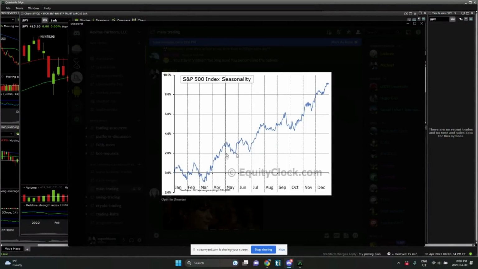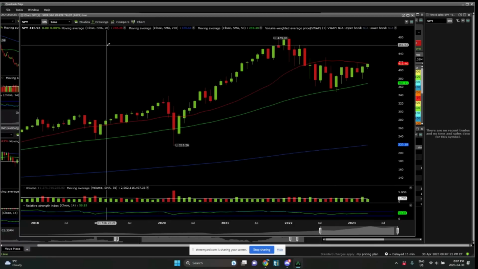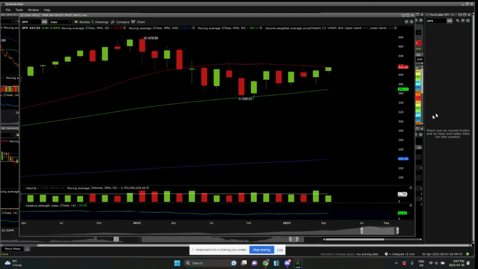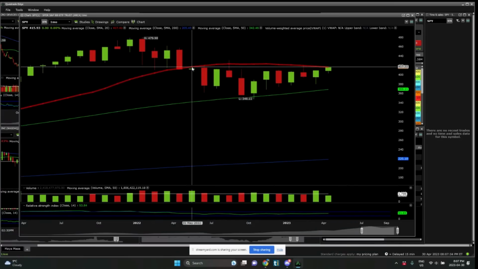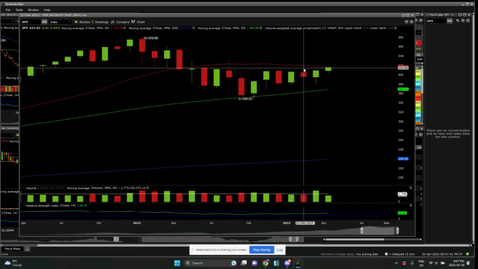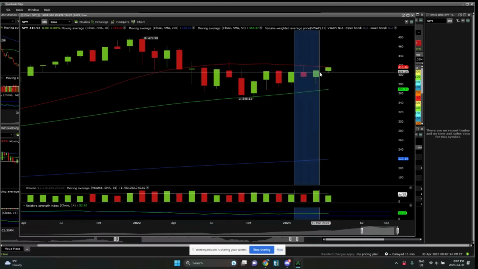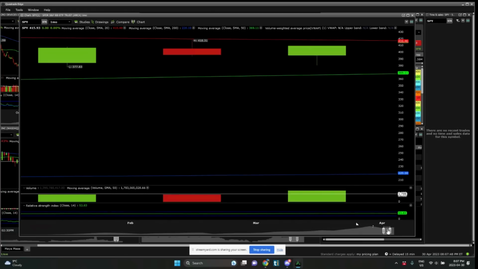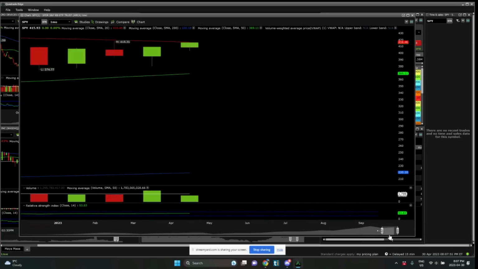That's what statistically the market's telling us happened in the past. Hypothetically, the technical analysis should price in everything in the market. So it got rejected here back in May 2022, got rejected here in August 2022, and got rejected here in February 23 when we touched here. We touched the 20, basically. So now we're in April.